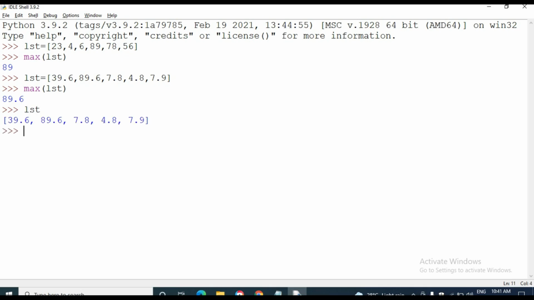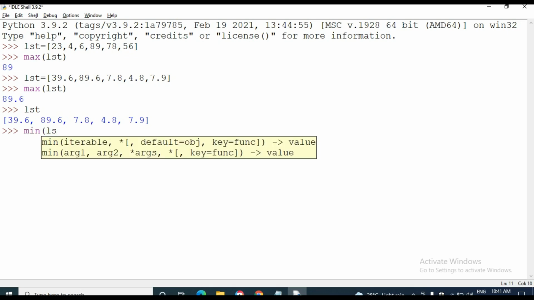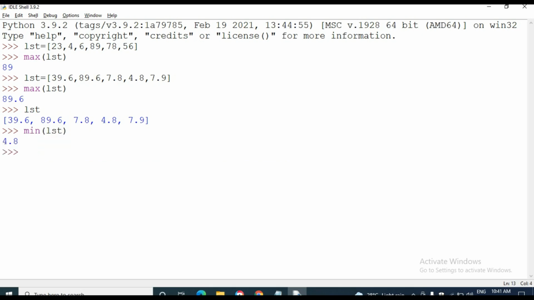I'm going to print the list again. This is our list and I want to find the minimum element of the list. So minimum of lst. See, 4.8 is the minimum value of the list.